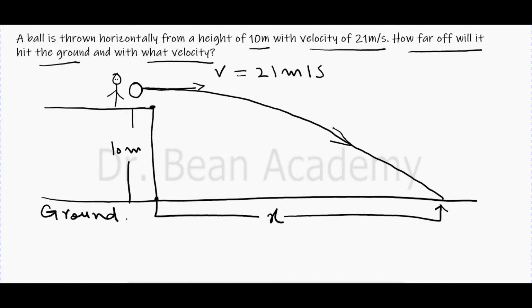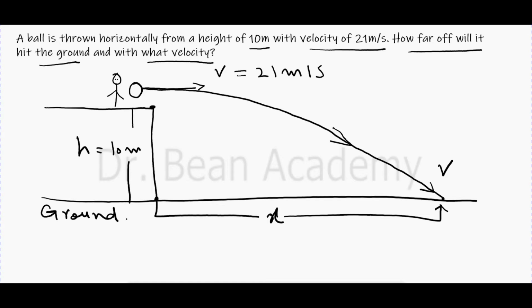And then we need to find with what velocity it will hit the ground, because when it hits the ground, it will have a certain velocity. So we need to find this velocity v. Let's give proper names to the variables so that we will understand it very well. So this is height